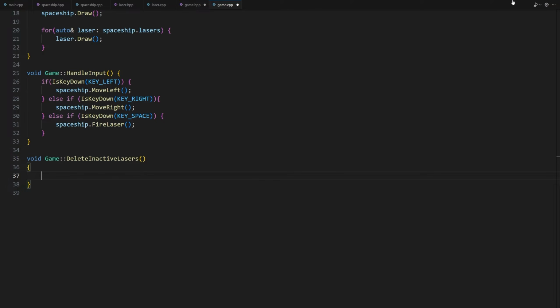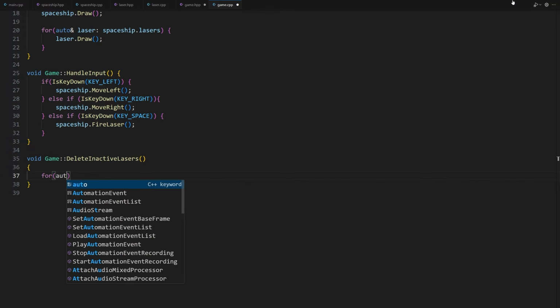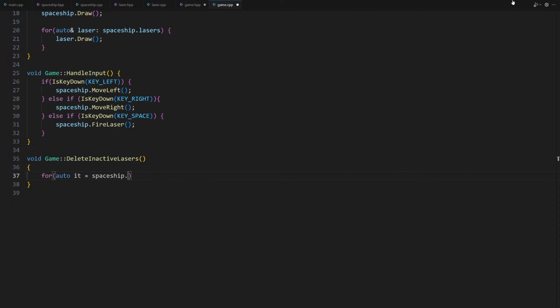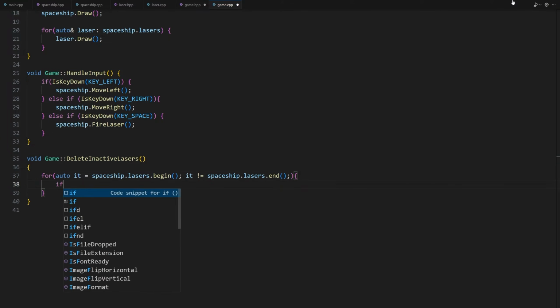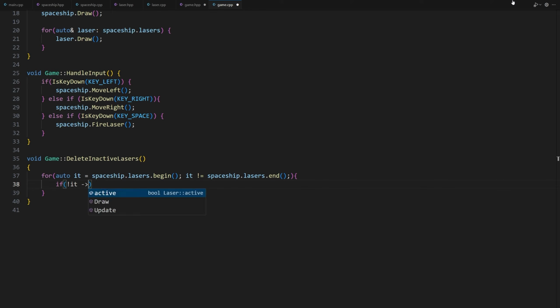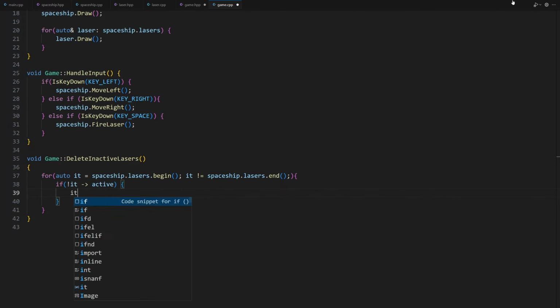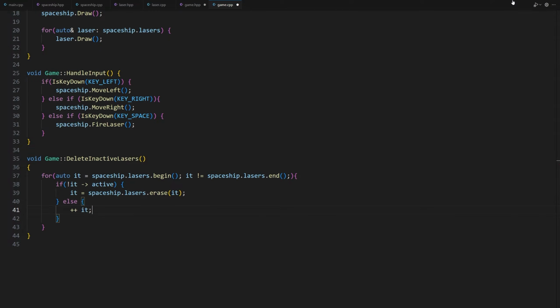If you are not familiar with iterators, please watch my detailed tutorial on iterators by clicking on this card. So here is how we are going to do it. for (auto it = spaceship.lasers.begin(); it != spaceship.lasers.end();) { if (!it->active) { it = spaceship.lasers.erase(it); } else { ++it; } } Here we are creating an iterator named it, and we loop through the vector.